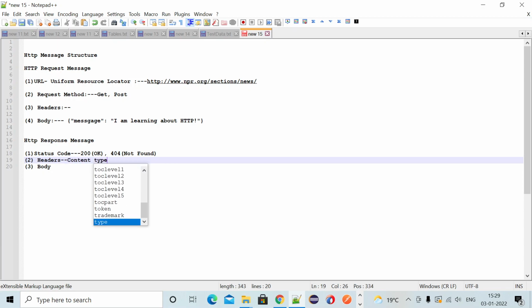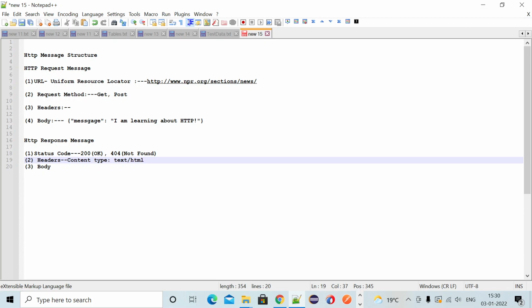Content type is a part of the header. If the content type is text/HTML, the response may be in JSON format or XML format. So you can identify what type of response we are getting by checking the content type. The header is one piece of additional information for us.